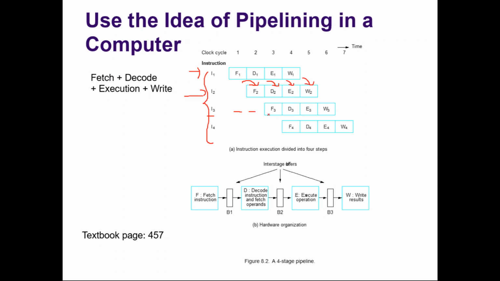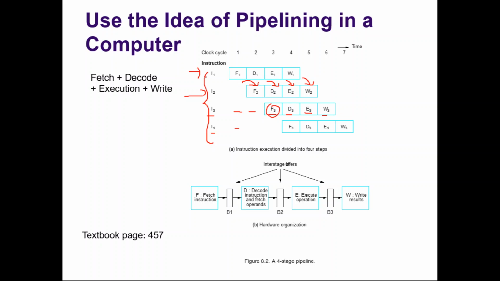During the third clock cycle the fetch unit is free, so instruction 3 can be fetched during the third clock cycle. It's decoded during the fourth clock cycle, it's executed during the fifth clock cycle and the output is returned during the sixth clock cycle. Okay, and instruction 4, fetch unit is during the first clock cycle,